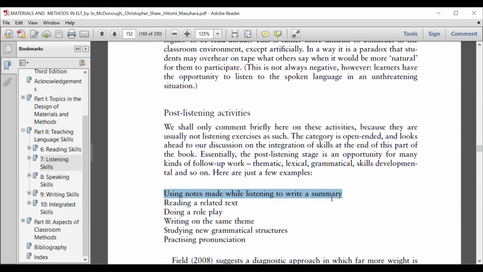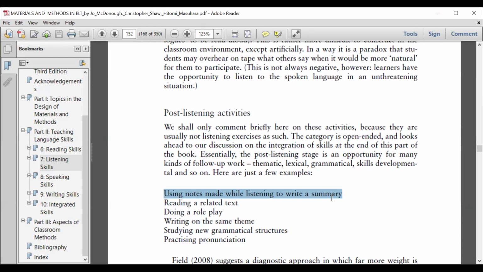সো আপনি এটা কিন্তু শেষ করার পরে, লিসেনিং হওয়ার পরে আল্টিমেটলি আপনি একটা কাজ করছেন, সেটাকে আমরা পোস্ট লিসেনিং বলছি। অ্যান্ড দেন দ্য রিডিং এ রিলেটেড টেক্সট, এখন একটা টেক্সট যেটা পড়েছে সিমিলার লেভেলের আরেকটা টেক্সট হয়তো তাকে দিয়েছেন পড়তে, তখন তার হচ্ছে সেই পোস্ট লিসেনিংটা কাজ করবে, যে হ্যাঁ আগে ইনফরমেশন দেখে এখন আপনি কাজ করছেন। ডুইং এ রোল প্লে উড বি দেয়ার, সো মেবি you have played some kind of role of a cricketer or a superstar or a movie actor. So now you need to do the similar things.